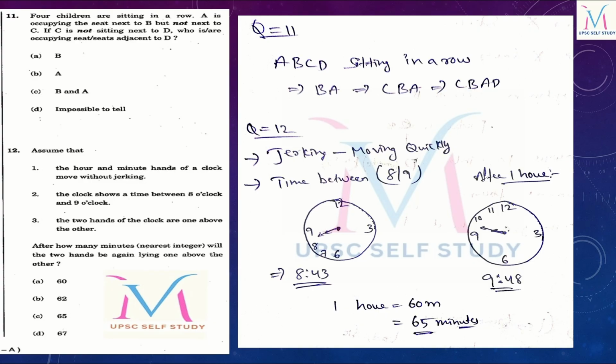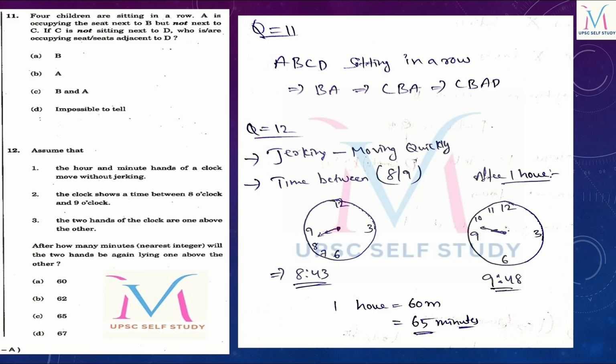Okay, look at the picture. The time is between 8 o'clock and 9 o'clock. If you look at the clock, I have drawn this. The time is between 8 o'clock and 9 o'clock. And the third statement is, the two hands of the clock are one above the other. One above the other means between 8 and 9, the hour hand and the minute hand are one above the other, which means the time is